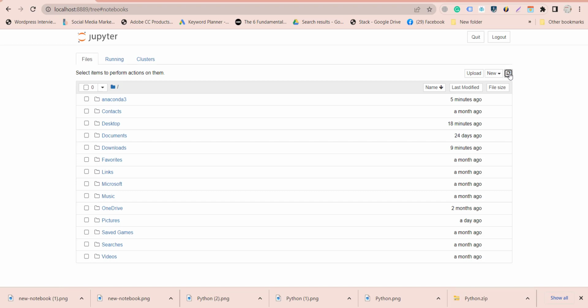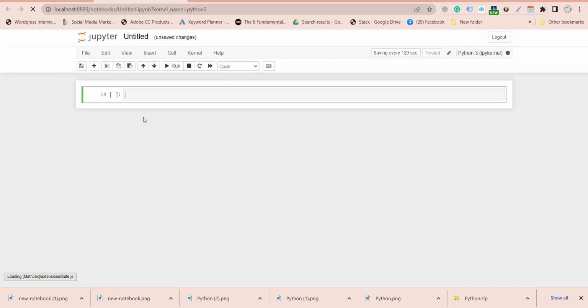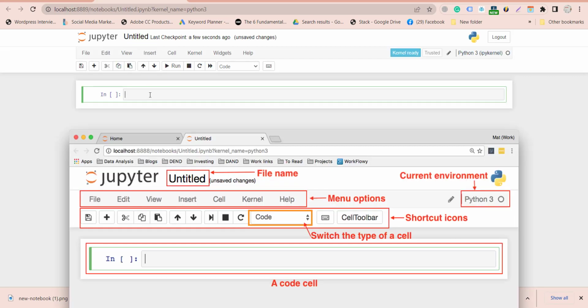You can click on refresh notebook. So there is no notebook still. There is a button for the new notebook. We can create a text file, a folder, or a terminal. If I click on folder, it will create a new folder in this directory. But what we have to create is a new Python file. Yes, so this is your Jupyter Lab